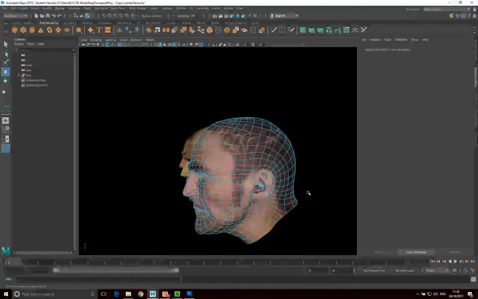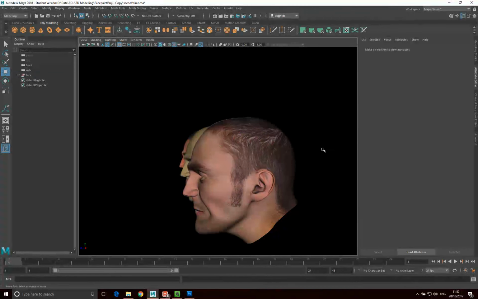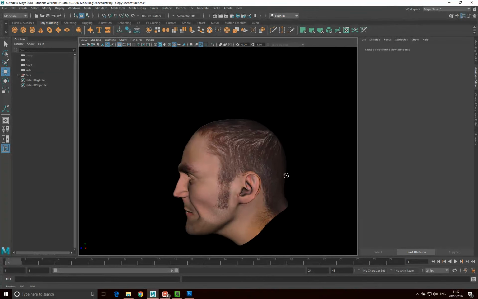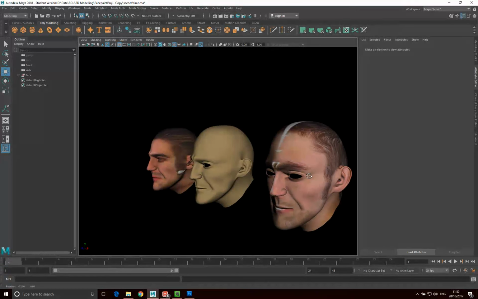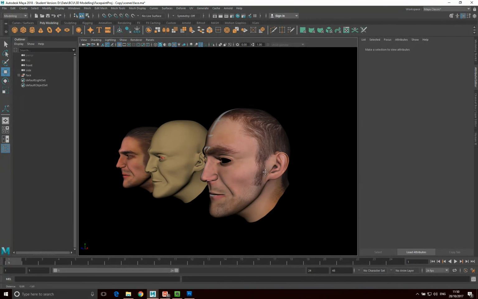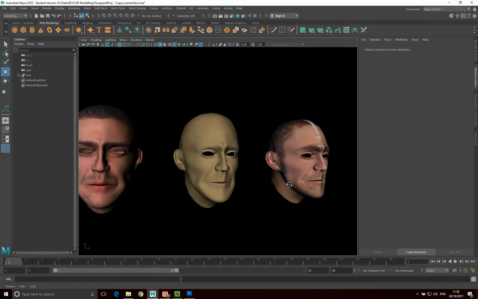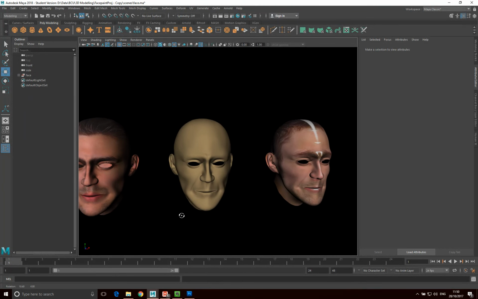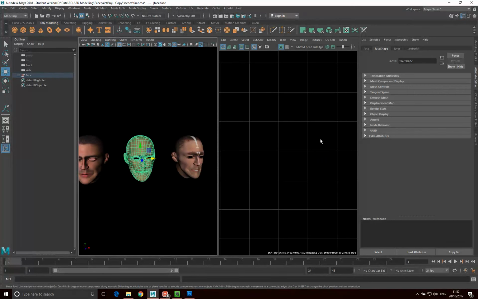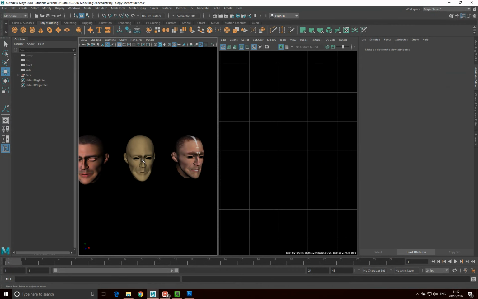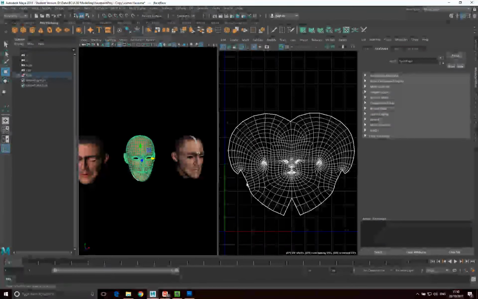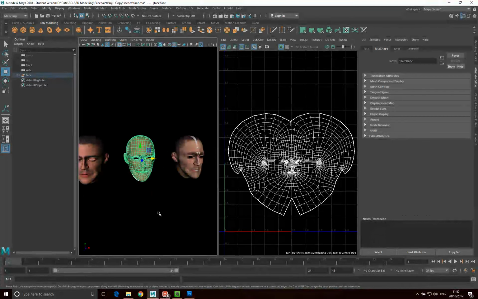Okay, so here we have, if I go again into object mode, and again, that's really nice detail on the side of the face there. Okay, excellent. So now what we want to do is take the side of the face of this model and the front of the face of this model and map that to this UV. Show me the UV. Here we are, to this UV. Okay. So the way that we do this